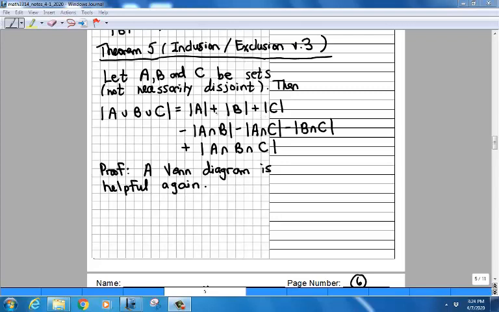So what we have to do to compensate for that is, according to inclusion, exclusion, subtract off the sizes of the pairwise intersections of the 3 sets. So you look at every pair of the 3 sets. Notice there's going to be 3 of them, okay? So you look at every pair, take their intersection, and then you subtract off the size